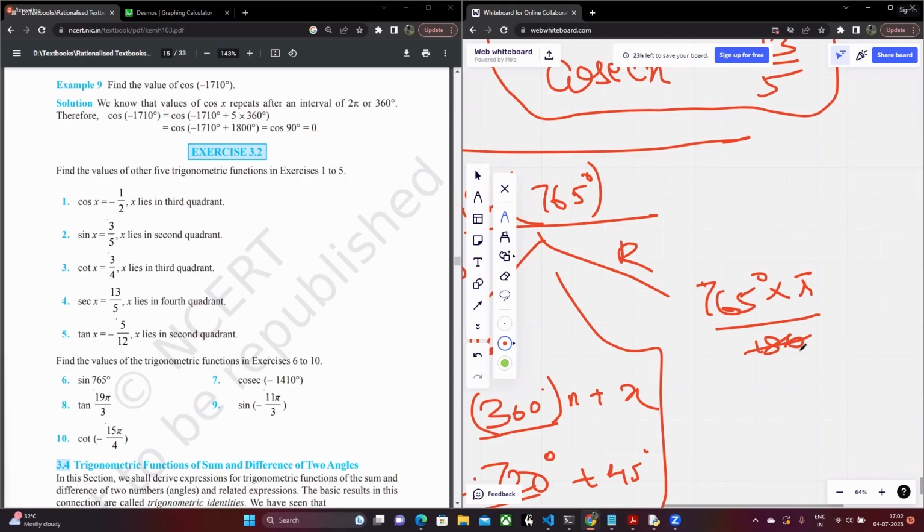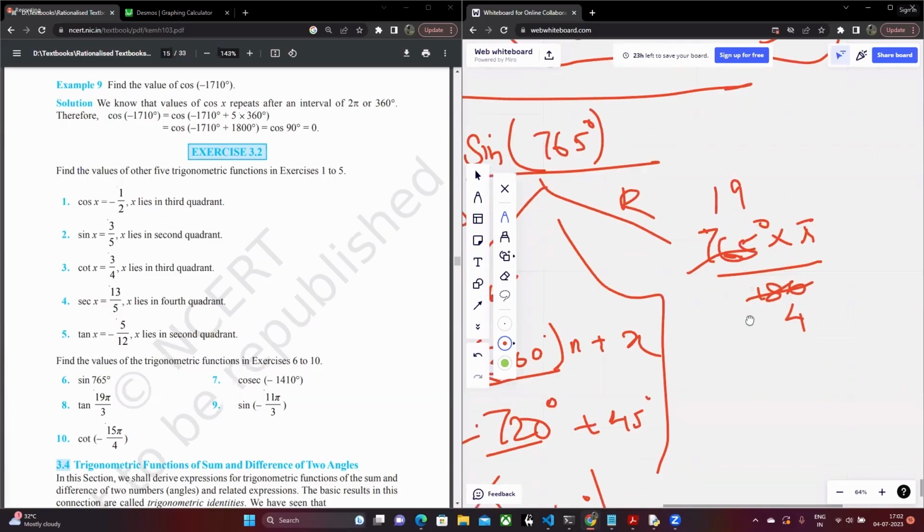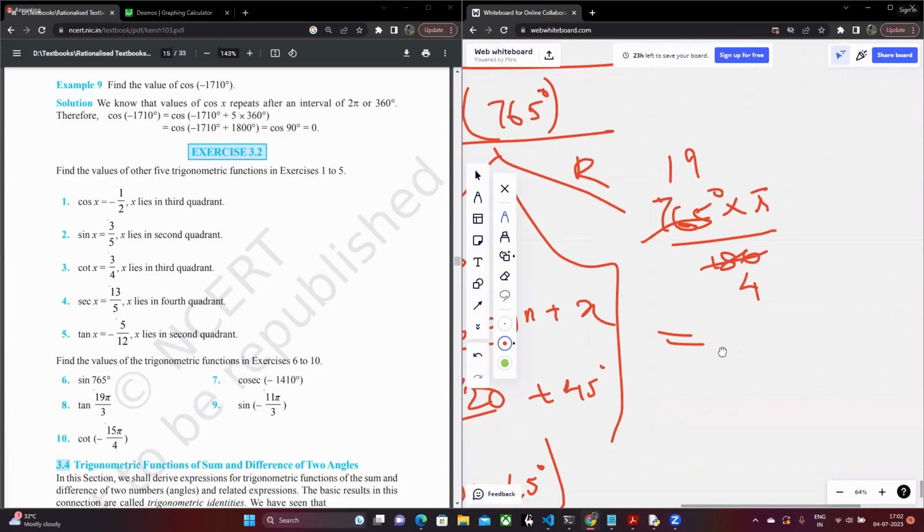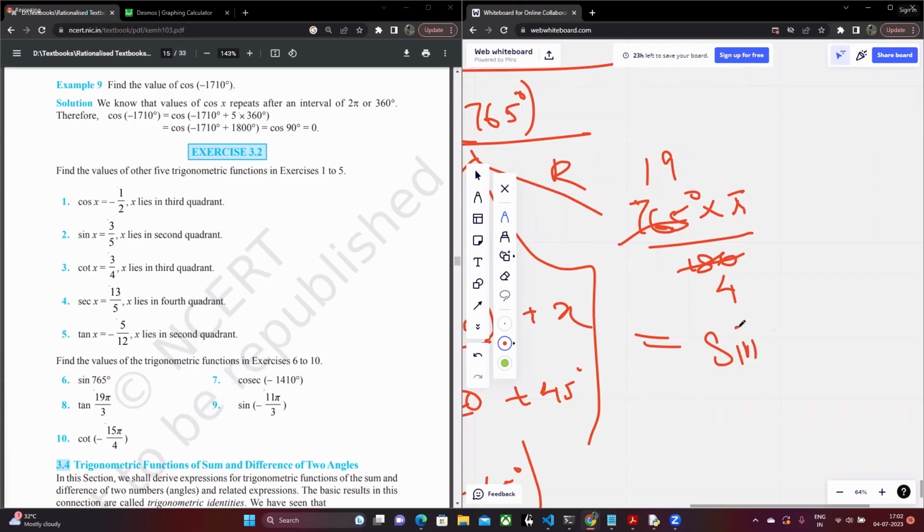You have to make a calculation. 45 fours are 180, and then 45 ones are over here. You will be left with 315. That is going to be 90, right? So here you are going to have sine of 19 pi by 4,